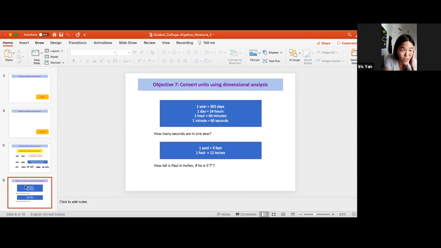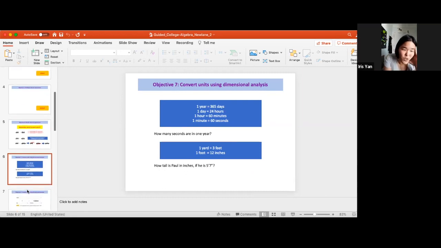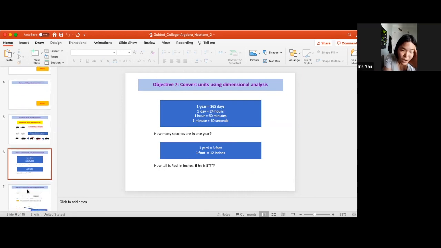So this is objective 7. It's still in the same lesson, the second lesson, right? And the title of this objective was convert units using dimensional analysis. And I was like, whoa, what is this? I was preparing the slides for today, and I was like, I don't know if I know this. Then I watched the video, and I also checked what it is, and it's basically just converting units